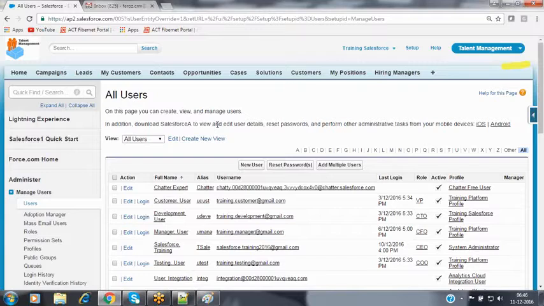If you want to grant the access to all the users inside the profile, then go with the profile level and grant the access there. If you want to grant the access on this feature to only one specific user, then go with the permission set. Don't go with the profile, because if you grant at the profile level, it will be applicable to all the users, but I want to grant to only one or two specific users. At that time, create one additional permission set and assign it to the particular users to whom you want to grant that access.